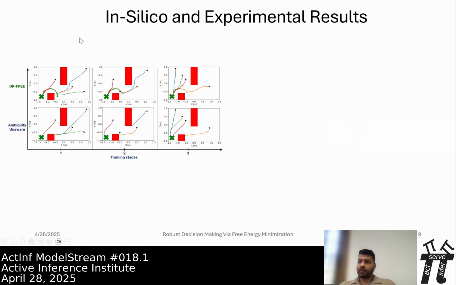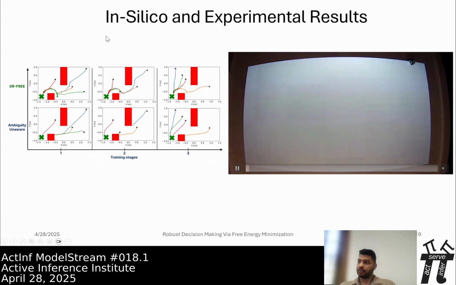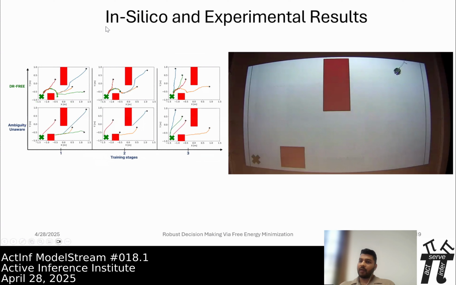And we also have the experimental results for this. So you can see the robot moving in the environment, the actual robot, and how it avoids the obstacle. Because of some uncertainty, sometimes the robot also gets a bit confused, let's say. But anyway, it will reach the destination without colliding, which is quite cool.